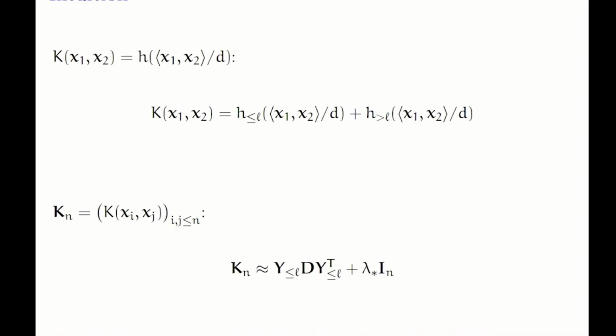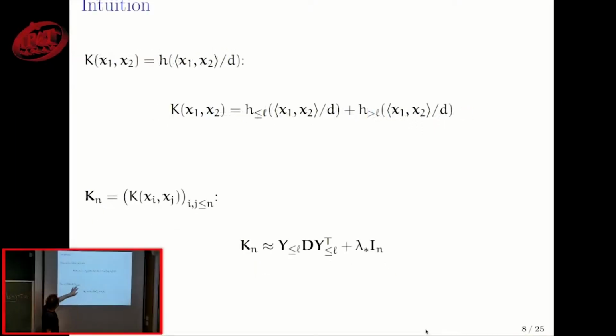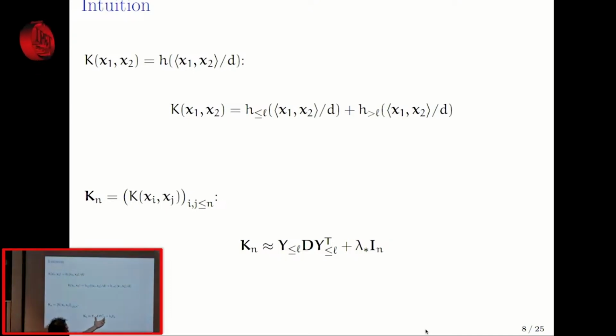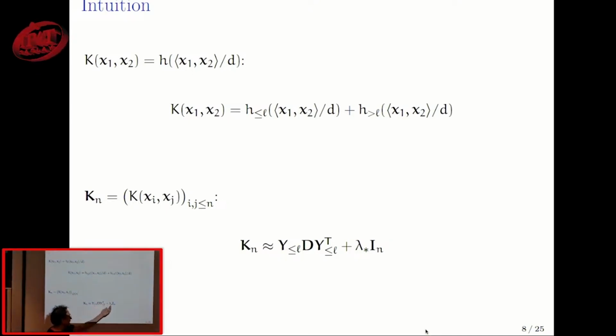Okay, so as I said, the intuition for all of these comes from the decomposition of the kernel into a low degree part and a high degree part. When you look at the kernel matrix at the sample points, this decomposes into a part corresponding to low degree polynomials, that is low rank, plus a thing that is proportional to the identity. And when you are precisely at the spike, there is an additional term that is equivalent to a Bichat method.